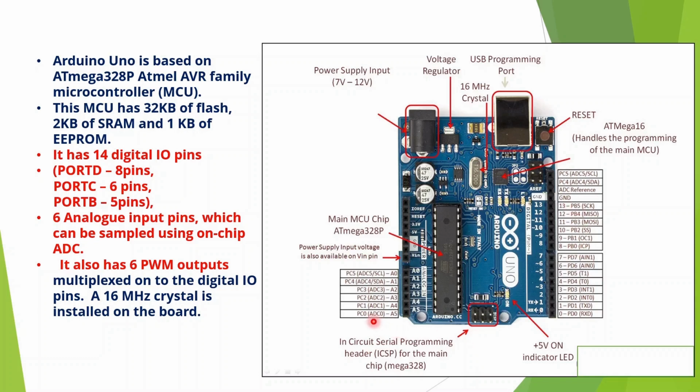And if you are going to use analog pins, these are your analog pins. 6 analog pins are available in Arduino Uno, where we are going to connect the different analog sensors. This is A0 to A5. These pins also act as port pins, that is port C, PC0 to PC5. So we can program all those pins by using port pins or port names, or we can use them as analog pins, A0 to A5, or we can program all the digital pins. There are a total of 6 PWM pins available, that is pulse width modulated output pins, where we can give the analog output, and they are indicated by this tilde symbol.